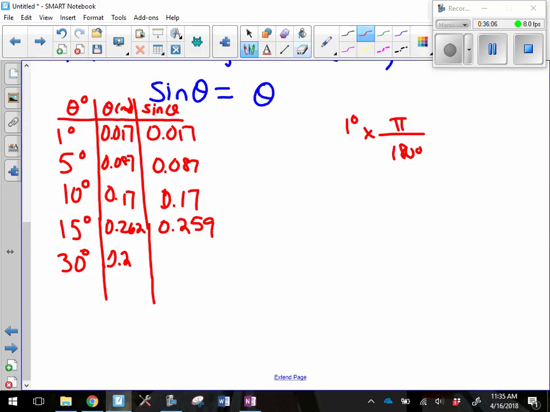What is it? 524? So as we get farther and farther away, it doesn't work as well. We'll finish this up